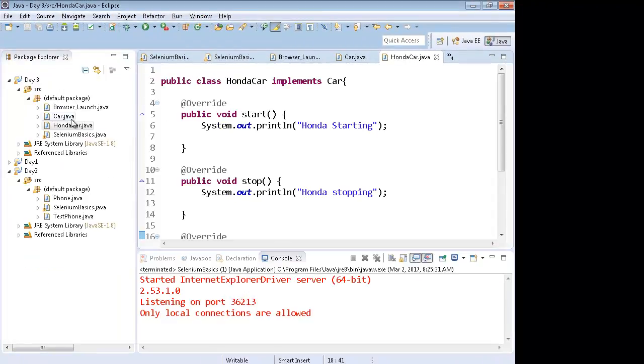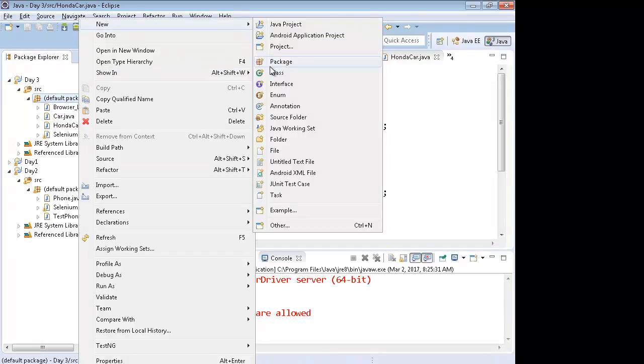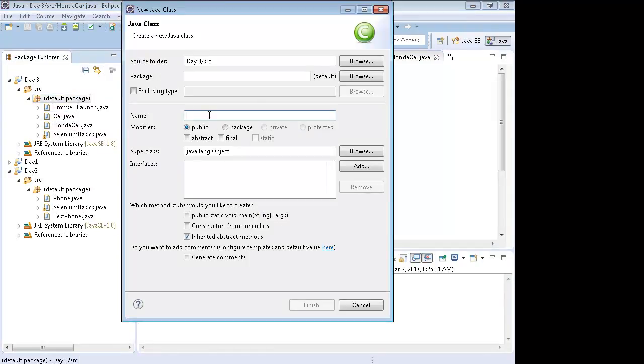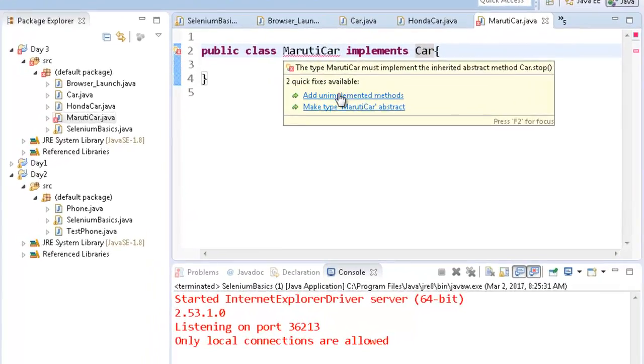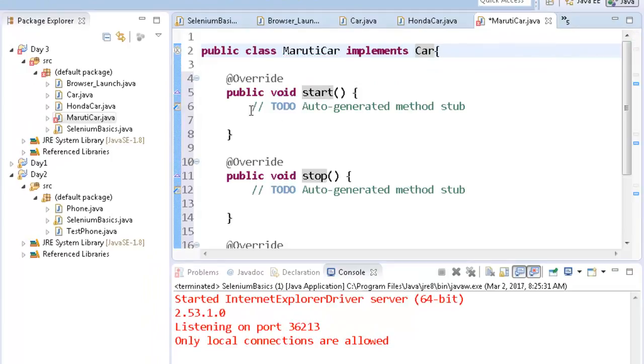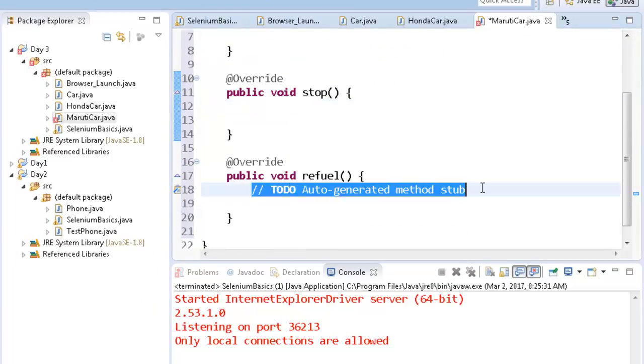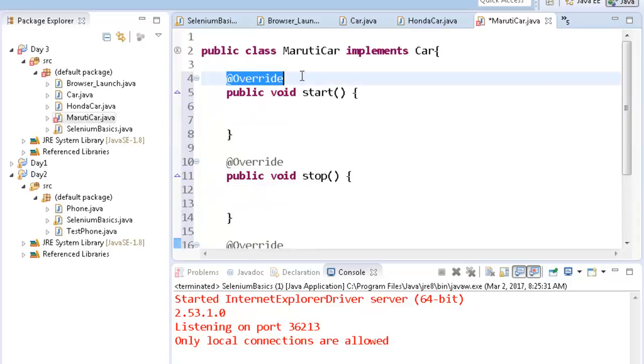Similarly, I can have another class known as Maruti car. You can write over here Maruti car implements the car interface. You can add the unimplemented methods, and you can see @Override, which is known as an annotation.